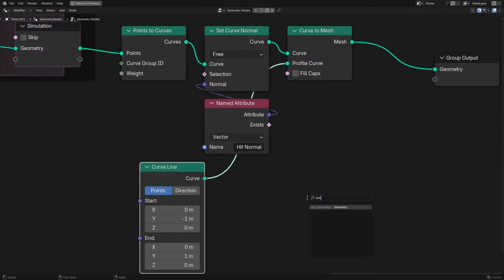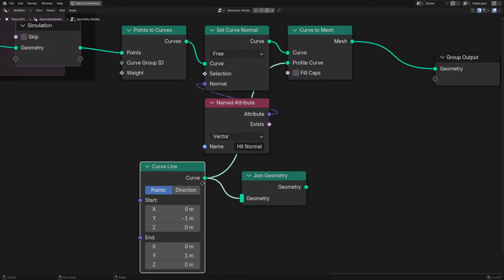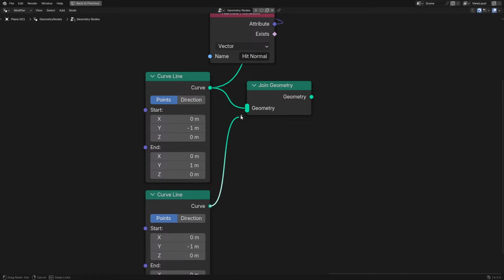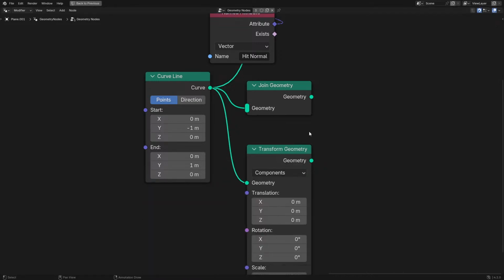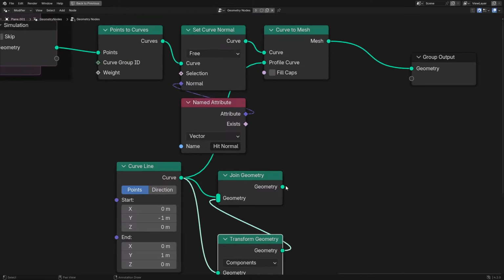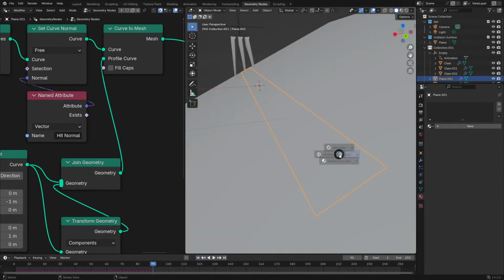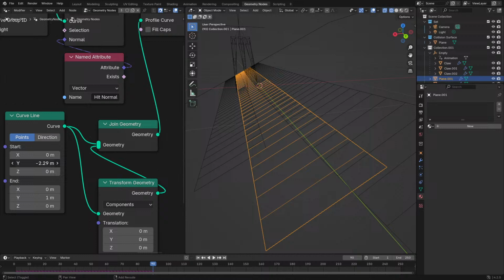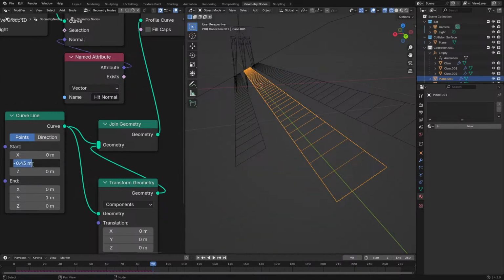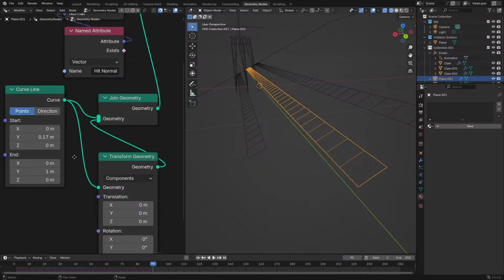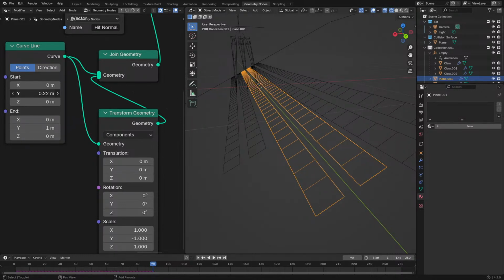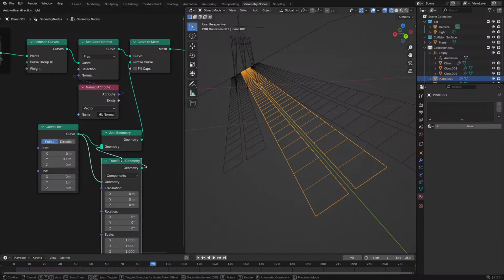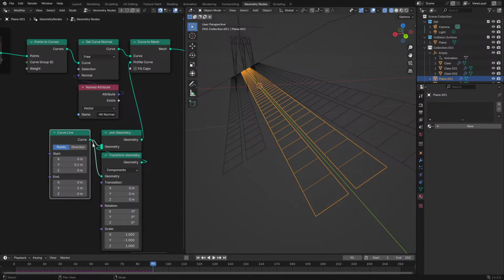Let's just use a join geometry node. We'll have two segments of the curve, or I could just use a transform geometry node to mirror it, which would be a lot simpler. Let's do a little test right here. As we can see, let's set that to be 0 or a little bit less. And we just want to scale this -1 on the y-axis. There we go. So now we have this mirrored,